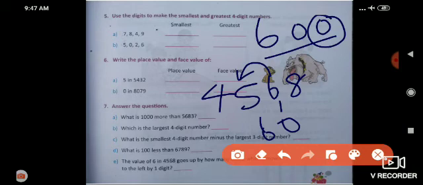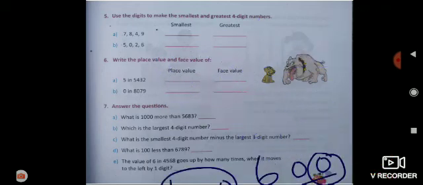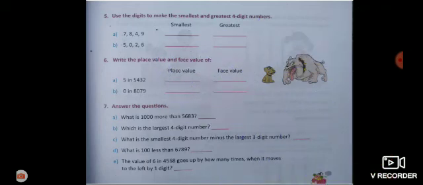So how will it get 600? When you multiply with 10, you will get 600. So now it is in the hundreds place. How many times did it move? 10. In this concept, you have understood that if a digit is moving from one place to another place, it has to move by 10 times. If it is moving to a nearby place, you have to consider it as 10 times, right?